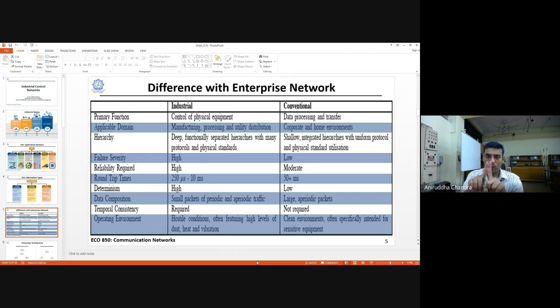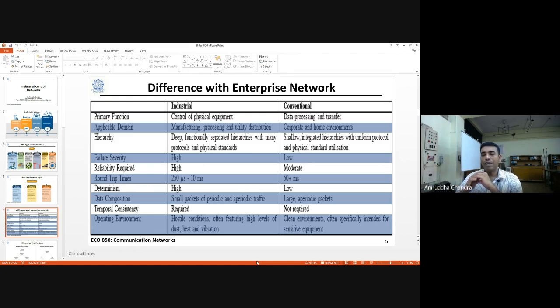Round trip time is when you are probably sensing something through a sensor, and then it goes to the control station, and then some information comes back. It's like you are probably facing some difficulty in operation, you are reporting it, and then the boss says, okay, you should probably change this way. So that kind of information flow to and fro is called round trip time.